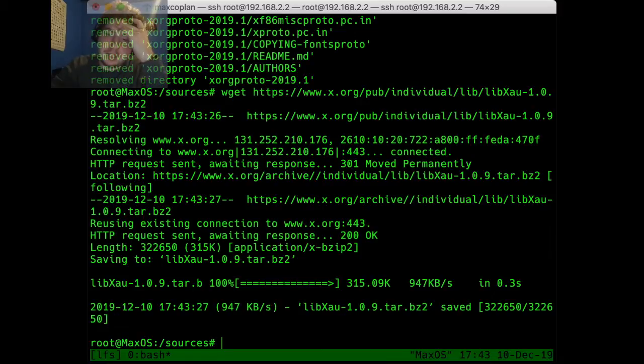It's also a build dependency for X11, so we're gonna need it. I'm not really super worried about that, but it's gonna complain if we don't.